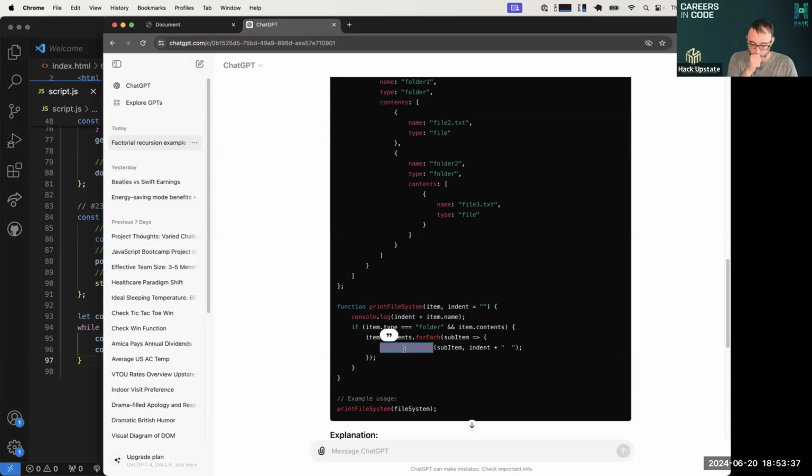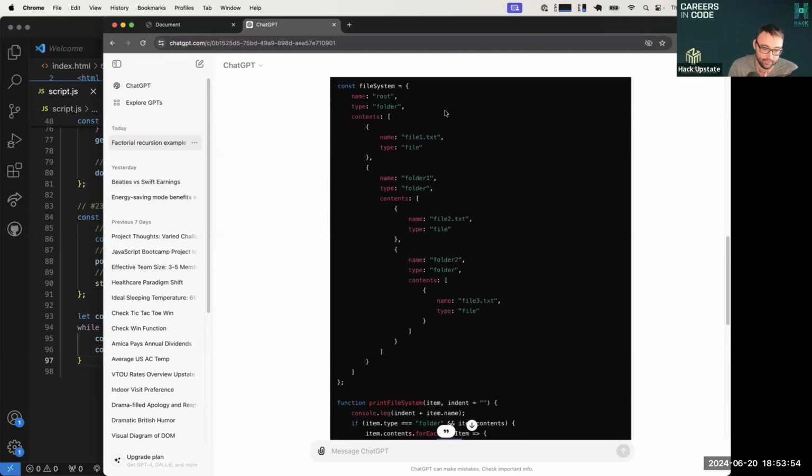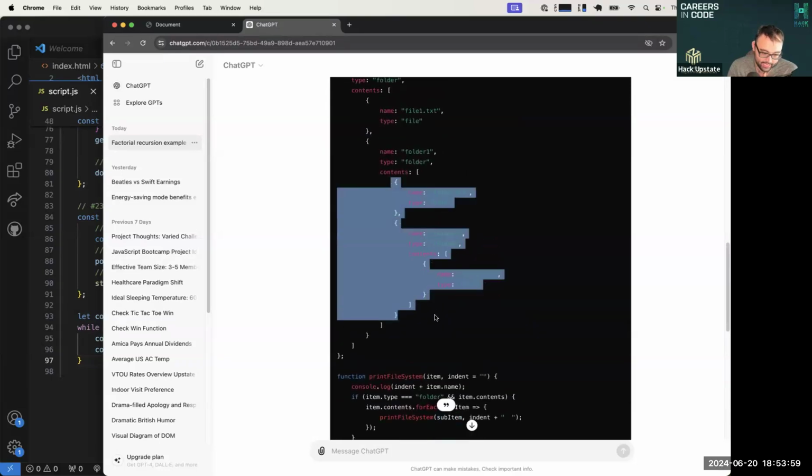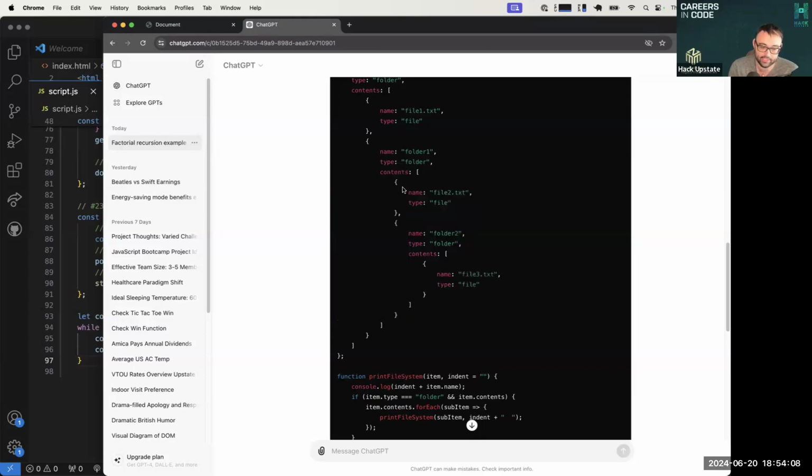go print, excuse me, the file system. But now, instead of printing it from the entire file system, we're giving it a smaller section of the file system, this sub item. What is this sub item? The sub item is going to be this right here. So now print file system goes and it runs again. It's calling itself, but this time the item is going to start with the name. So it's going to print out file